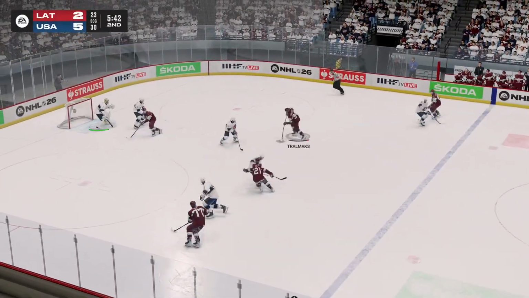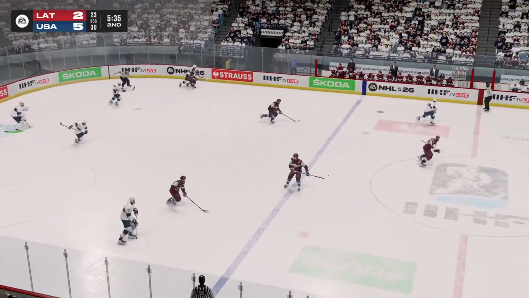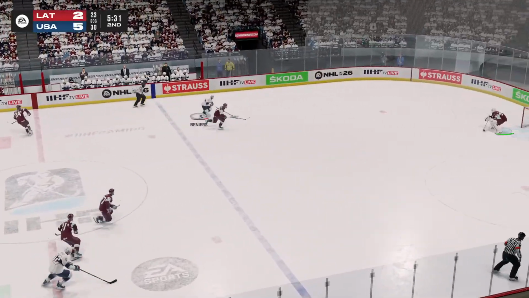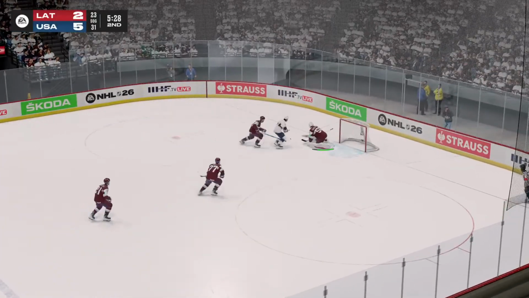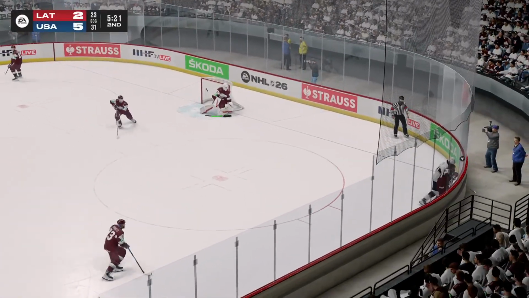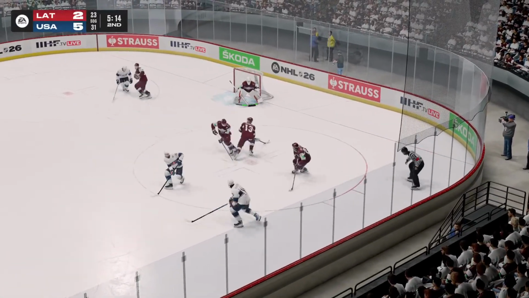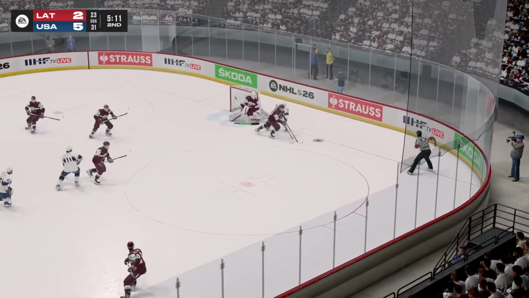McMellis drops it off. Balsers. Now Trail Mix shot off a body in front. Hesselring with the shot block out in front of the net. Matty Beniers brings it up here for the United States. Fires a shot, saved. The rebound goes off the side of the net. Beniers knocks him down, sends it inside. And taken away by Latvia right on net.